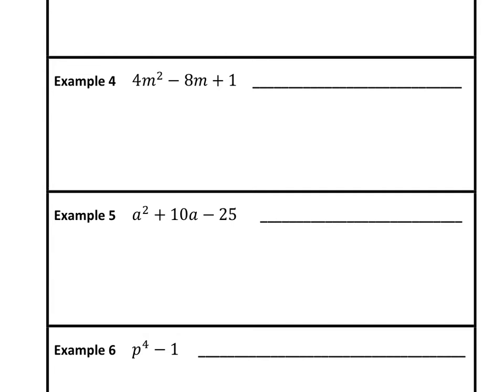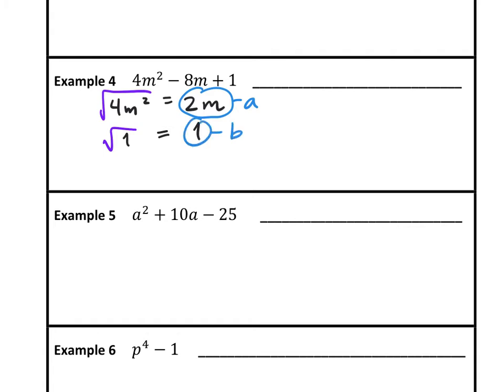We have 3 terms, so it might be a perfect square trinomial. We have to check, can I square root the first term? Well, what's the square root of 4? It's 2. What's the square root of m squared? M, right? Because when we square root, again, just a reminder, it divides the exponent in half. So half of 2 is 1, m. Then can we square root the last term? What's the square root of 1? 1. So this is like my a, this is like my b,